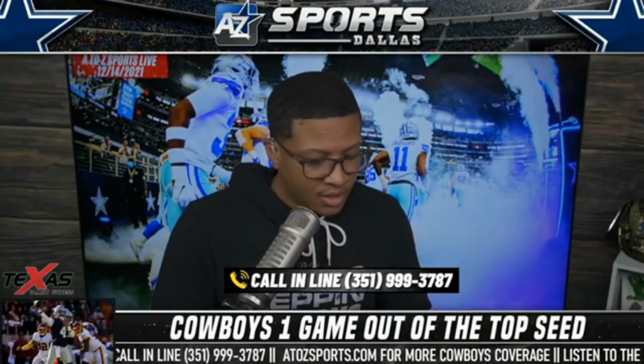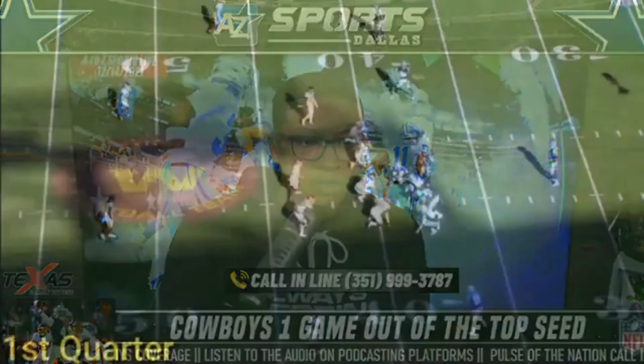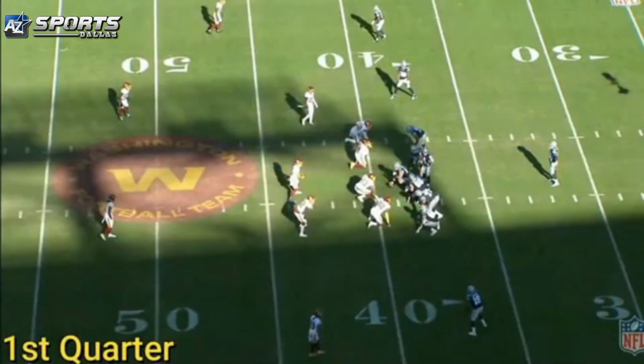So that is what I saw in the first half and what went on throughout that game, yo. Why did Dak not throw it to, what's his name, Dalton Schultz first? How did he miss Dalton Schultz, right? And then as I'm watching the film, I said, aha, I see what happened here. So in the first quarter, this play actually worked. It was the same play that happened in the fourth quarter.